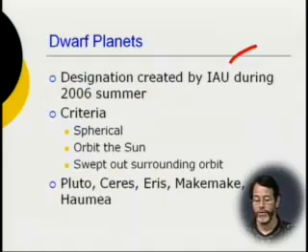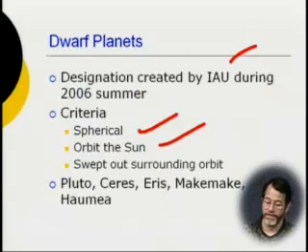And the IAU voted in 2006, although there was a commission that looked at this, and then the vote came as a surprise to me because even a few days before it looked like Pluto would remain a planet along with Ceres and other things. But no, they created dwarf planets, and Pluto was the first one. So the criteria they gave for the whole category of dwarf planets were that they had to be spherical. They had to be massive enough to pull themselves into something like a sphere. They had to orbit the sun,